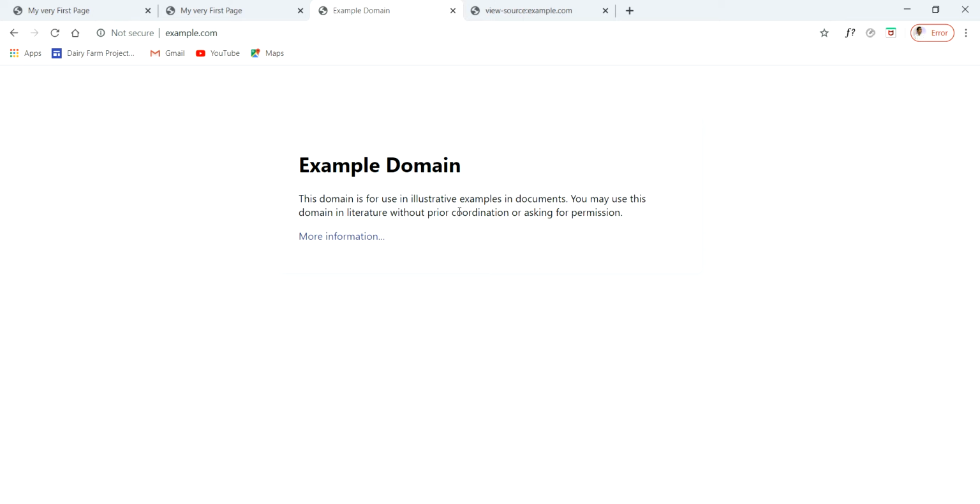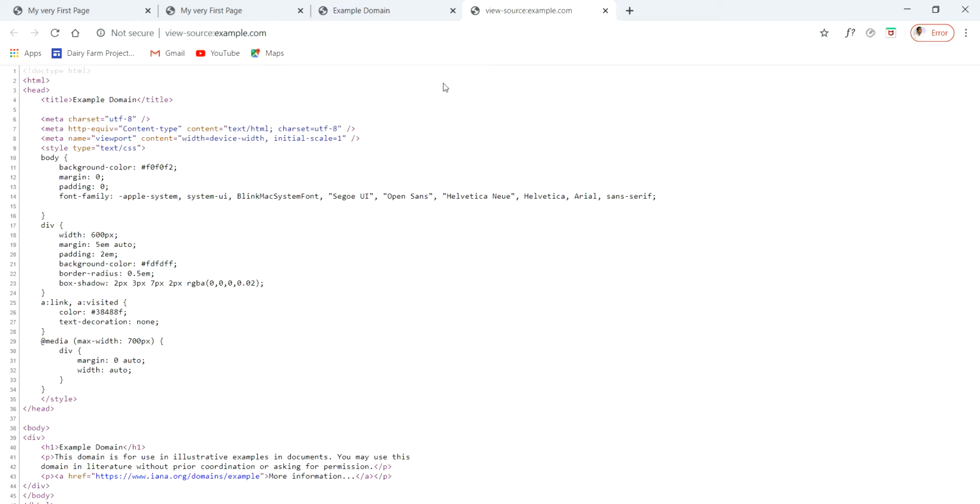So this whole is the background color, and this is the division in the page, that consists of one header and two paragraphs. We see the background color of the division as somewhat different from the background color of the page. So all this has been defined in what is called the styling of the web pages, that is done using the CSS, that is cascading style sheet.